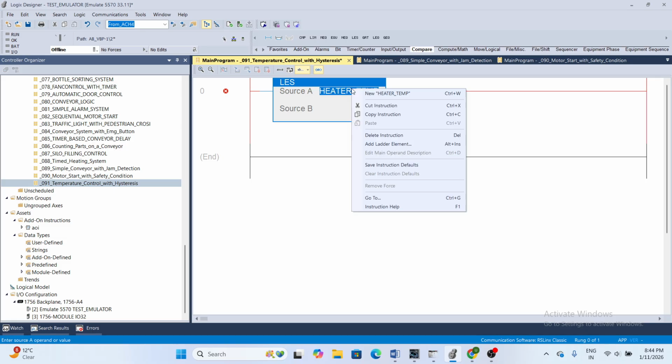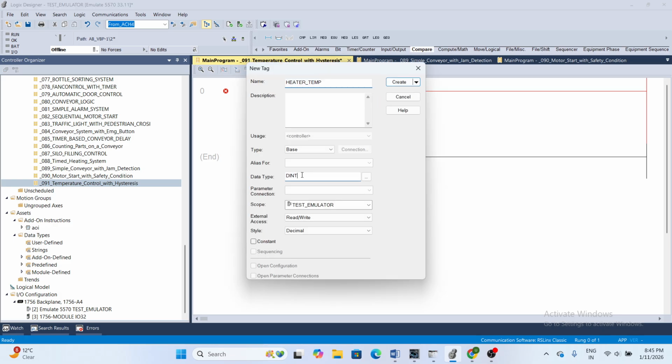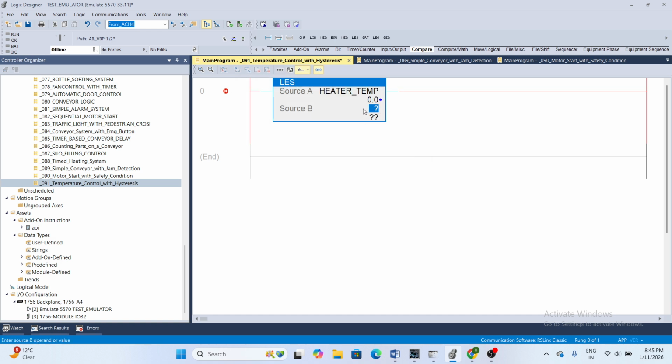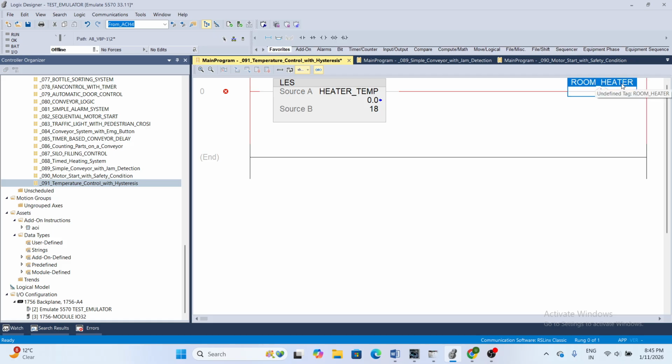I create this tag, and this tag is going to be REAL. When it goes below 18 Celsius, the heater should turn on. I created this heater tag, and now I have to latch this bit.